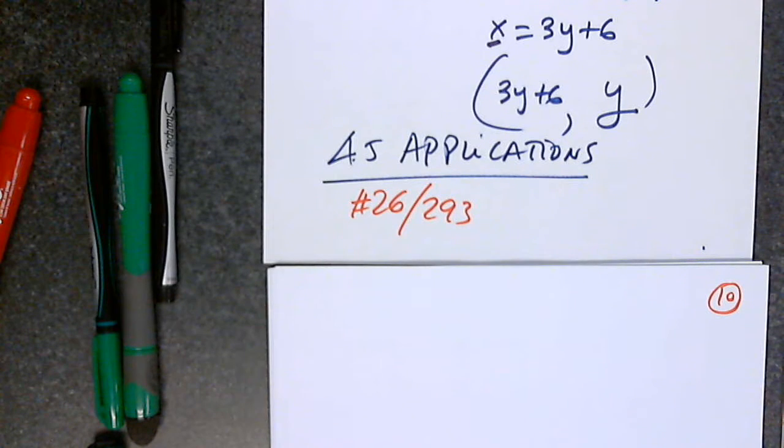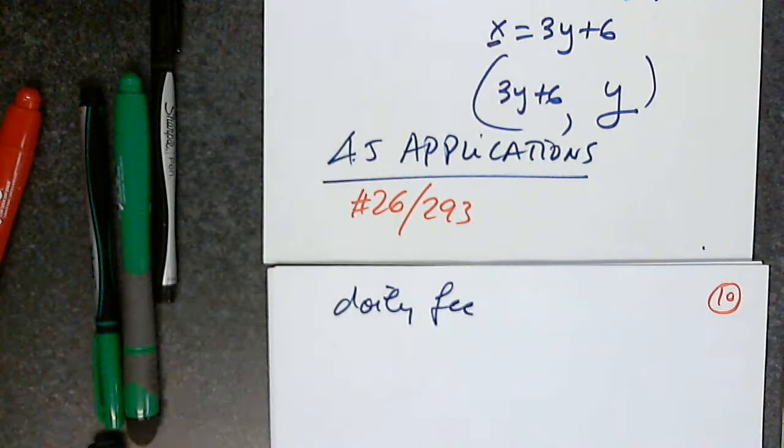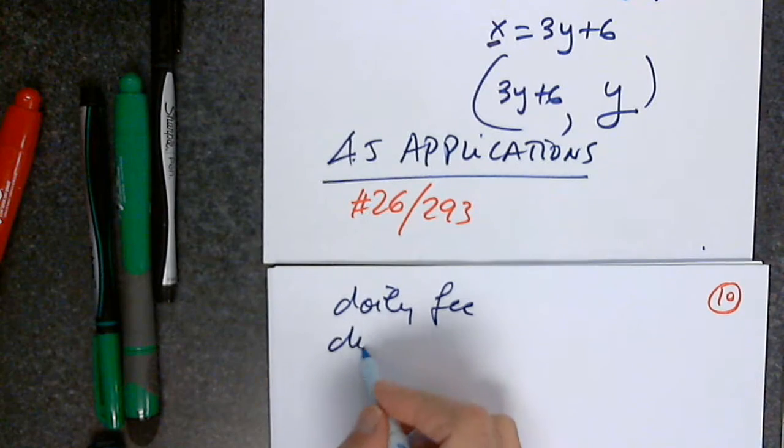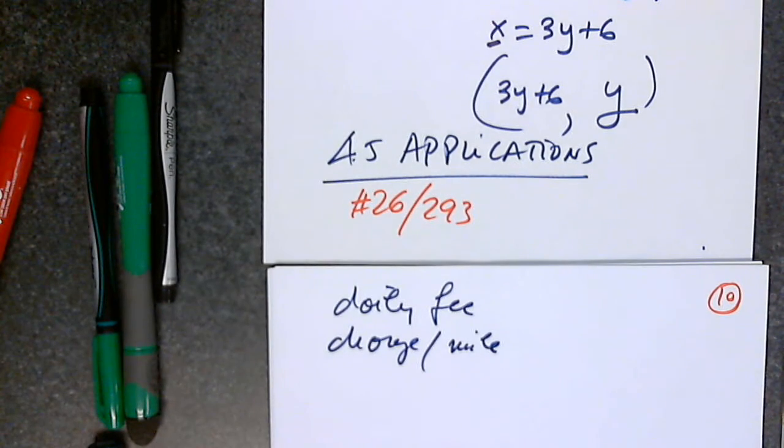Joan rented the same car model twice from Hertz, which rents this car model for a daily fee plus an additional charge per mile. Joan recalls that the car rented for 5 days